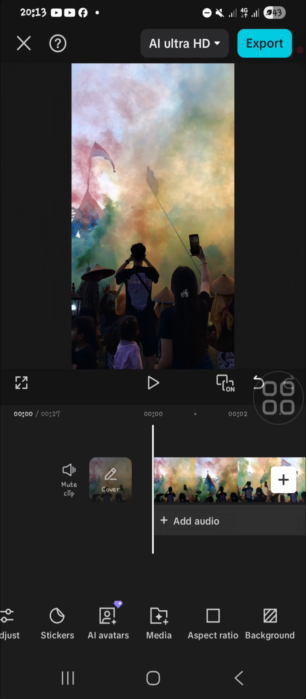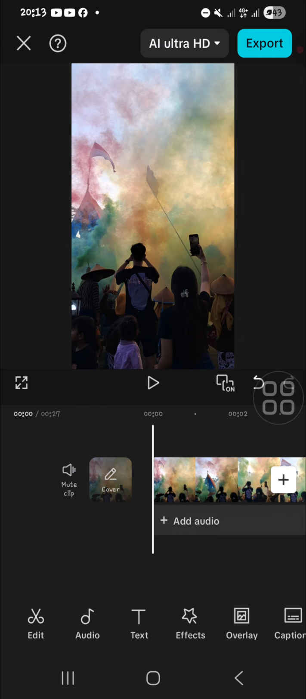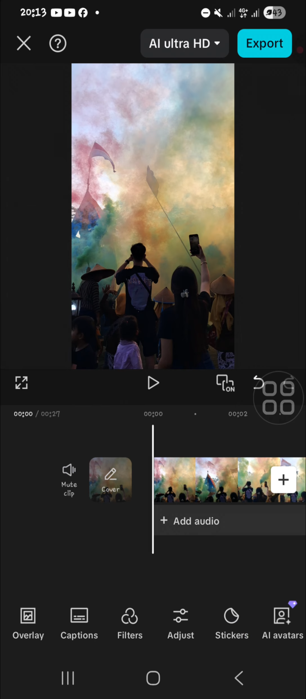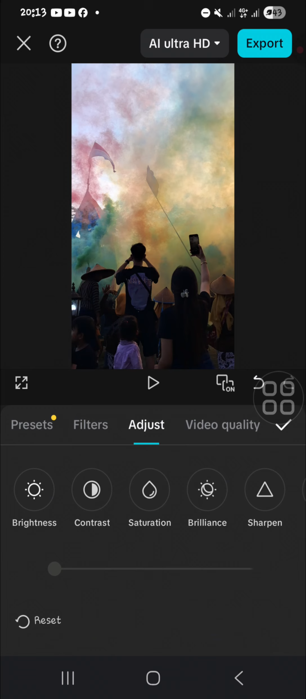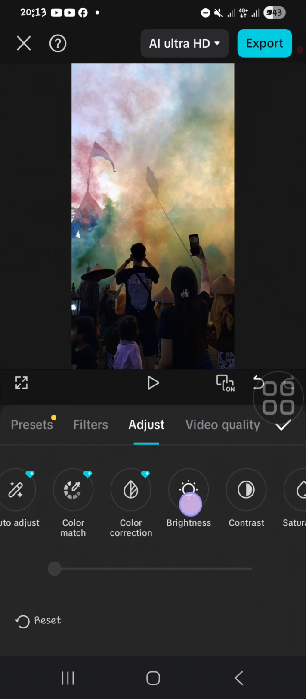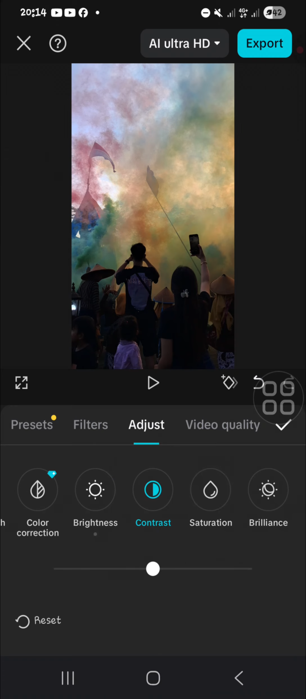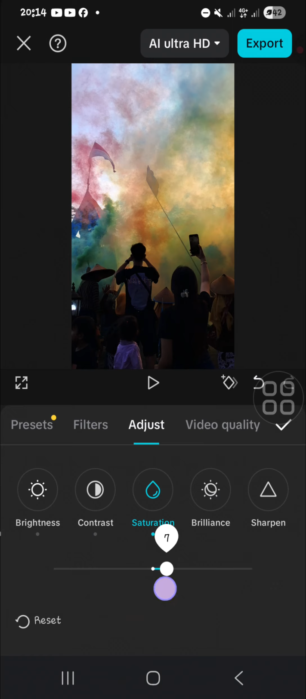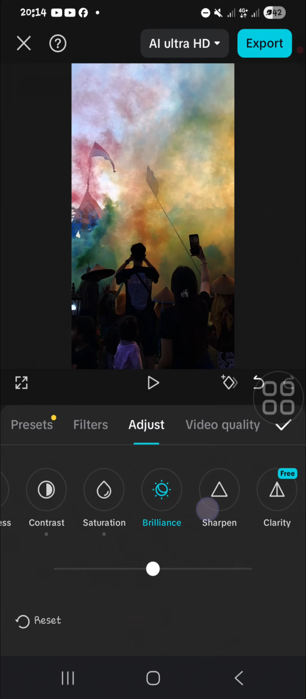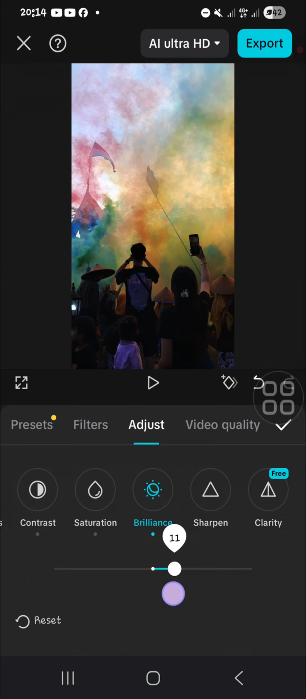Okay, and to make it more cinematic guys, I'm going to apply color grading. I'm going to go to the adjustment. Okay, and then we're going to adjust the brightness. For the brightness, I'm going to reduce it a little bit, around 6. Okay, and then for the contrast, I'm going to increase it around 10, and then for the saturation, I'm going to make it 7, and then for the brilliance, I'm going to make it